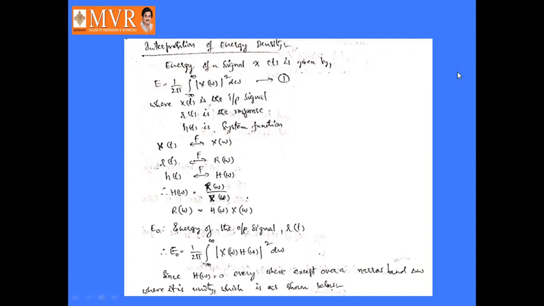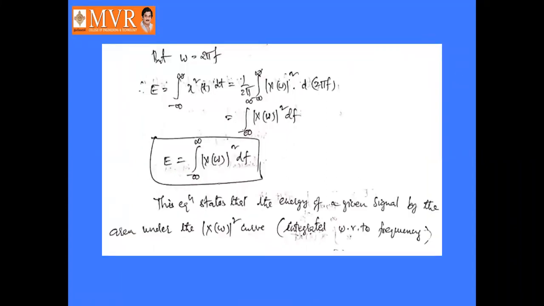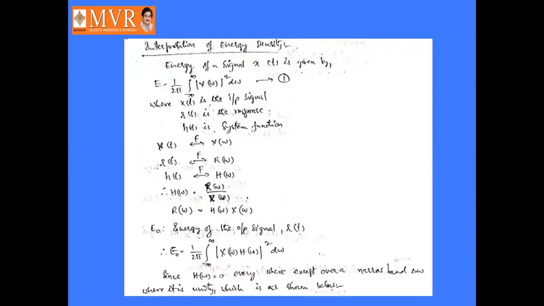So in the last class we discussed correlation, what is autocorrelation, what is cross correlation. What is the relation between correlation and convolution. After that we will see the energy spectral density, and now we are going to see the interpretation of energy density. So as we already know, the energy of the signal x(t) is given by